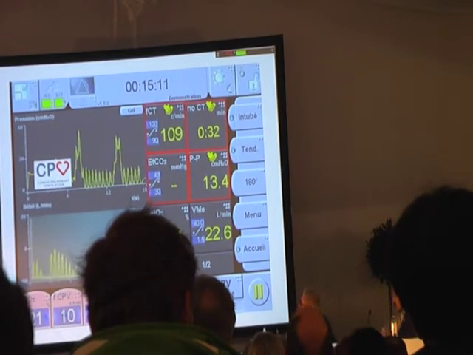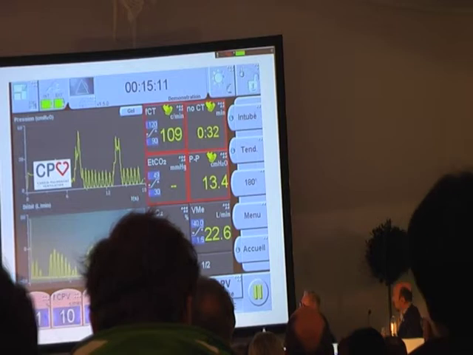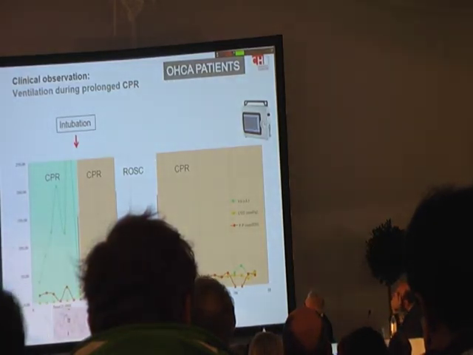What happened in real patients? In my area in Annecy, we manage cardiac arrest with this new ventilator, on the mode of ventilation I invented, cardiopulmonary ventilation. It's a system that permits continuous chest compression without interruption, and the system combines two levels of pressure to add some additional ventilation to the chest compression ventilation. This is the CO2, and this is a monitoring of the quality of chest compression. Anyway, we use it in clinical practice, and